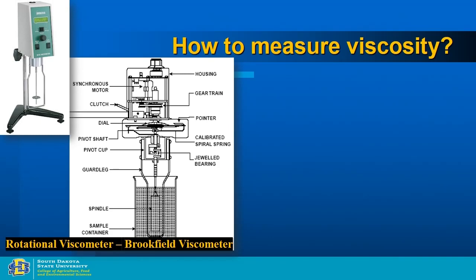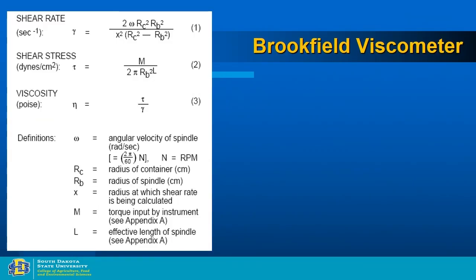And then this is a Brookfield viscometer. A very simple instrument. Again, you cannot characterize using this instrument. You can only measure one viscosity number. I'm going to show you two more